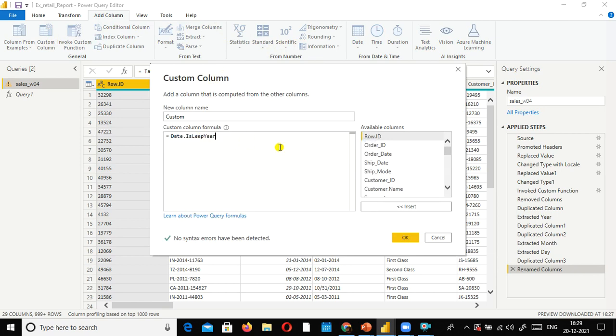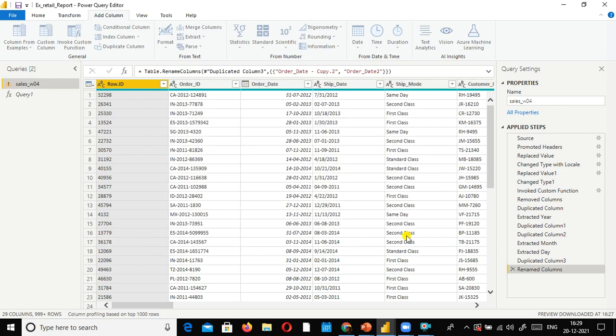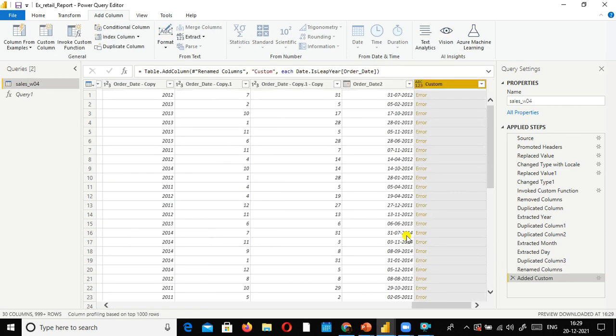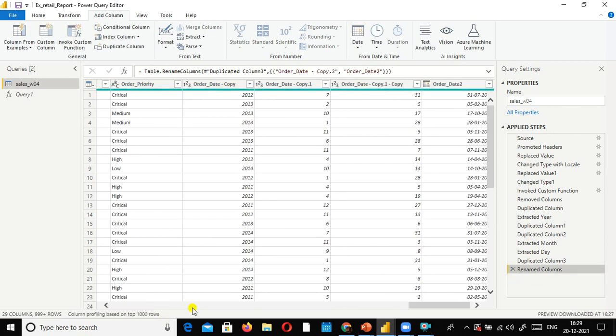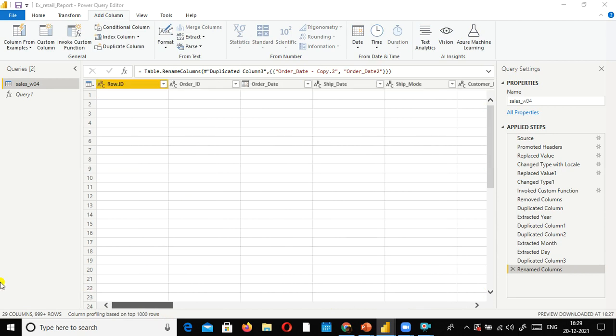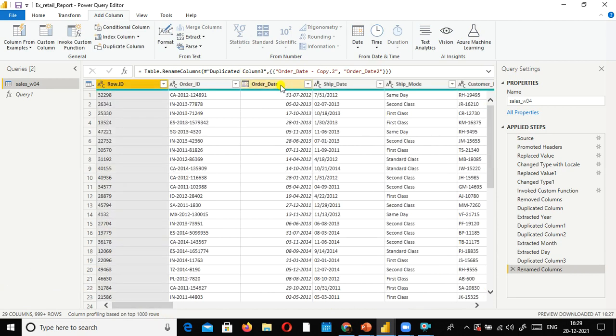You can select it from here, and then you just select the order date, and then it is throwing an error, right? So it is 1 2 3. So order date is number only, right? So the order date is a date data type only here, right?